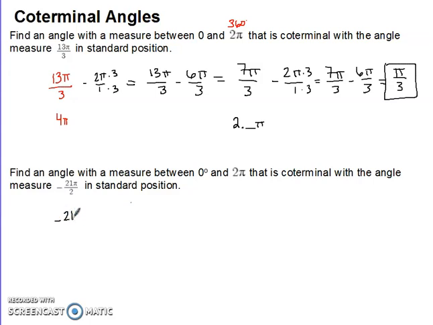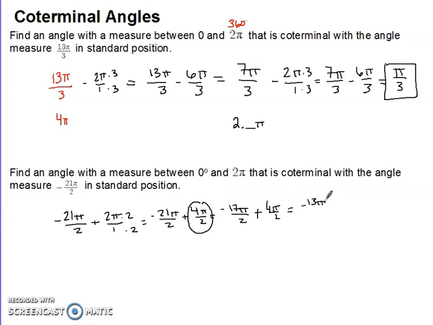Here, since I've got a negative angle and I want to be in a positive interval, I'm actually going to add on 2 pi. That common denominator is 2, so negative 21 pi over 2 plus 4 pi over 2 is negative 17 pi over 2. So this is still negative, so I'm going to add on another 2 pi, or 4 pi over 2, which gives me negative 13 pi over 2. Still negative, so I add on another 2 pi, or full rotation, negative 9 pi over 2, which is still negative, so I add on another 4 pi over 2,